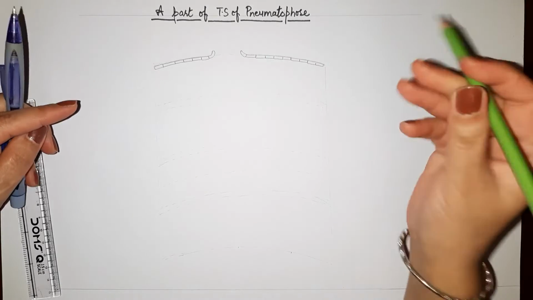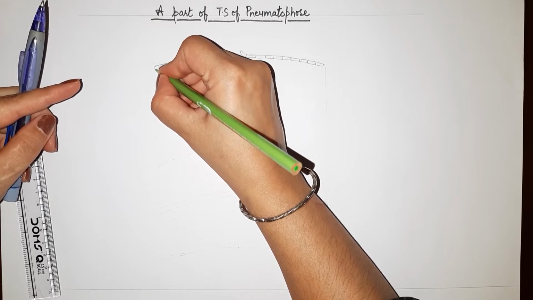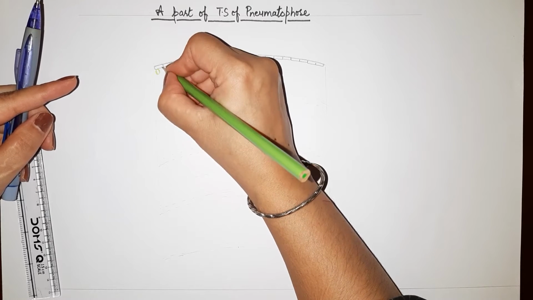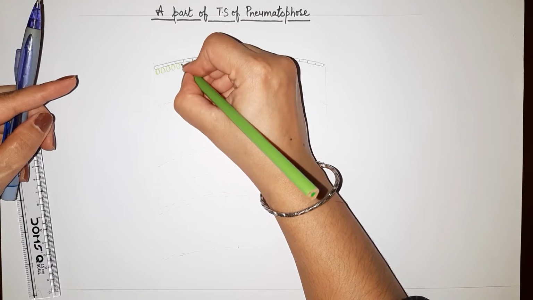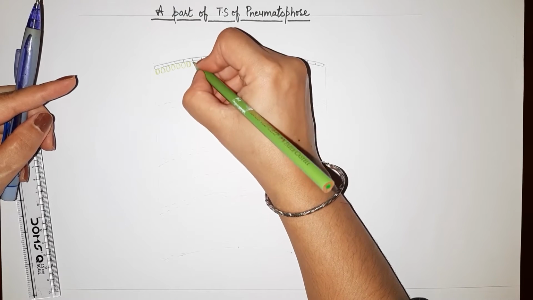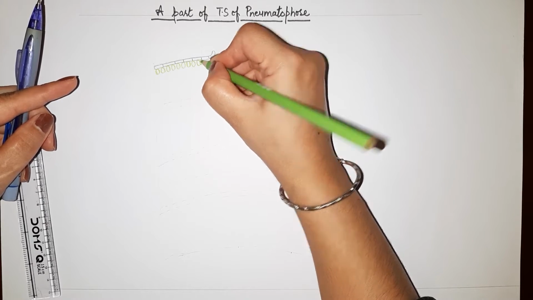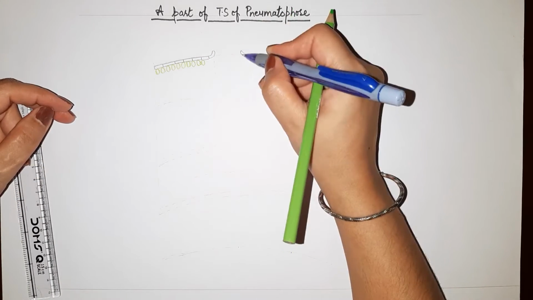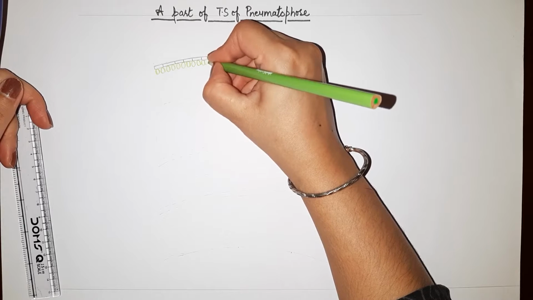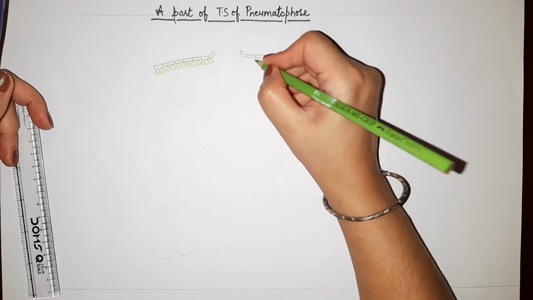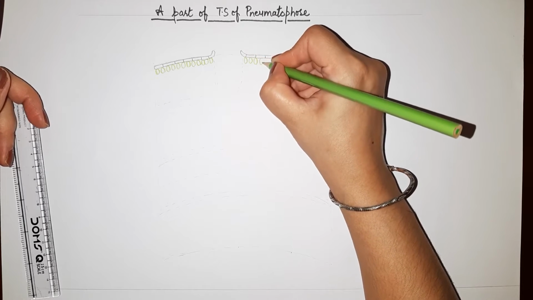Then we have cork. Now the outer layer of cork has oval shaped cells with lacuna. And you will leave the space for lenticel. So you will draw oval cells, leaving some space in between.